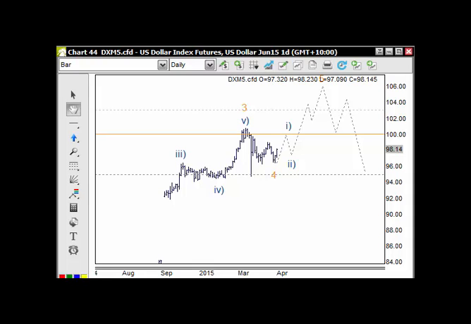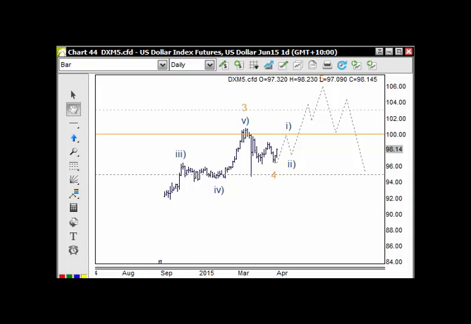Just also another point is that I will add the cable, the pound dollar, later in the week to this day ahead report. Okay. US dollar index here, in a nutshell, we've hit 100 here, and it's a major trading